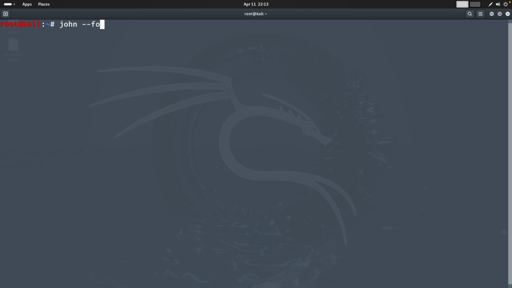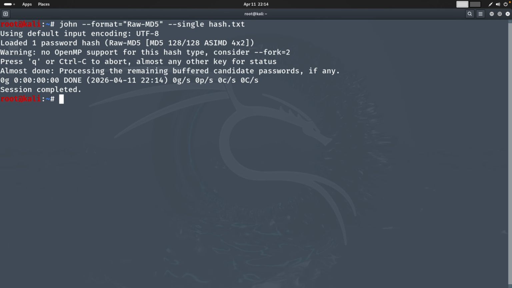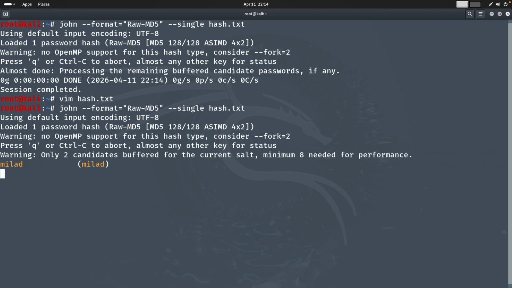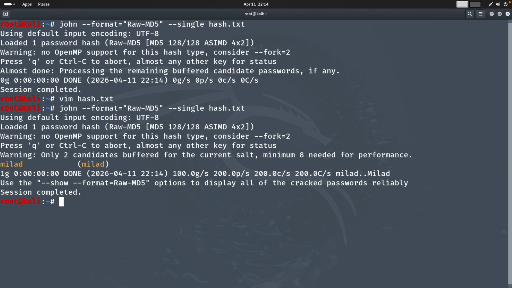John format raw MD5 single hash.txt. So yeah, it shouldn't work. Hash.txt. I come over here. What's that? Yeah, okay. So let me see. Yeah, as you can see, it worked, but let me try another information to provide with it. Let me rf